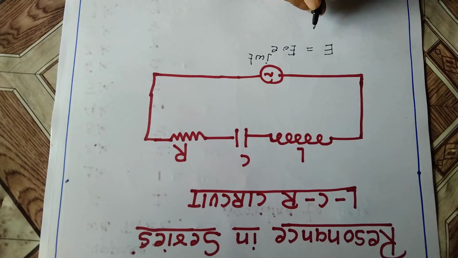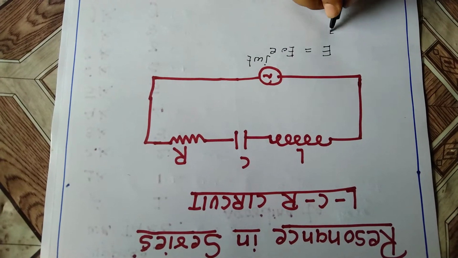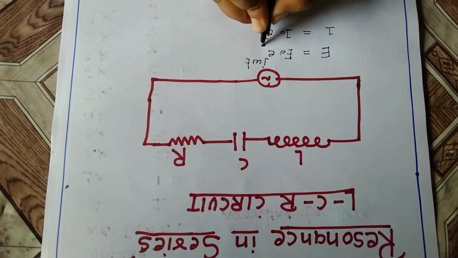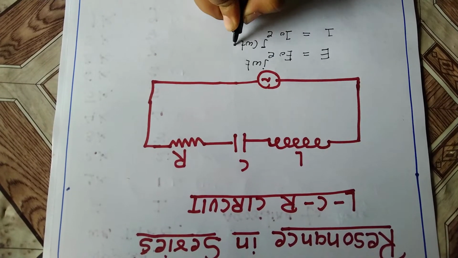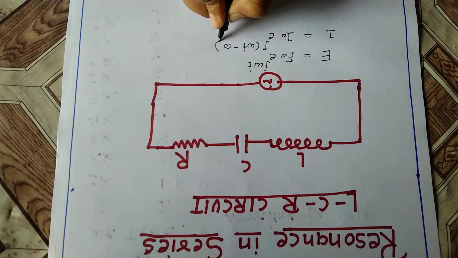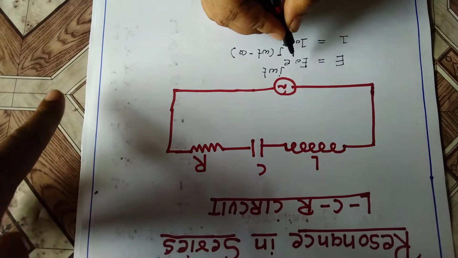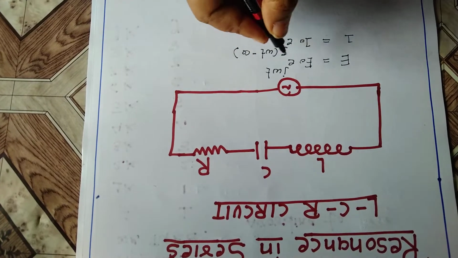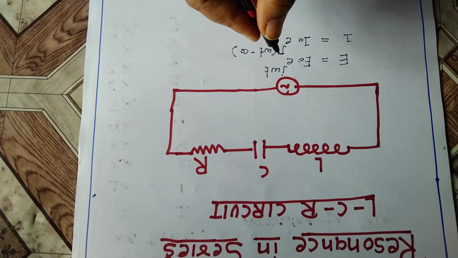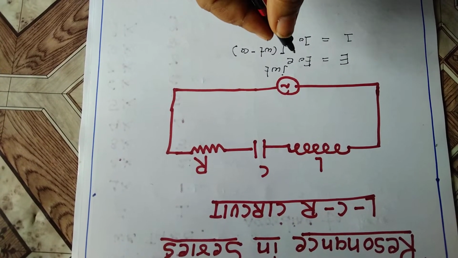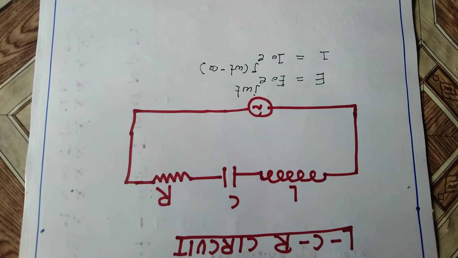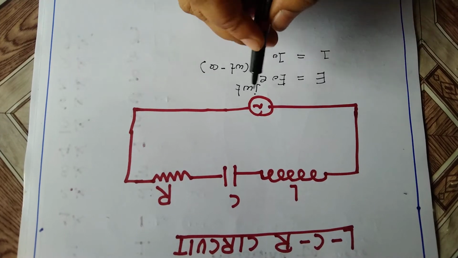and AC current is equal to I0 e raised to j (omega t minus theta). It can also be written as E is equal to E0 e raised to j omega t. In the last lecture we used I instead of j, but for our convenience we use j, because it can be along the y direction.